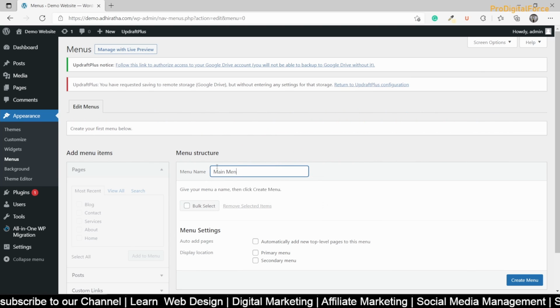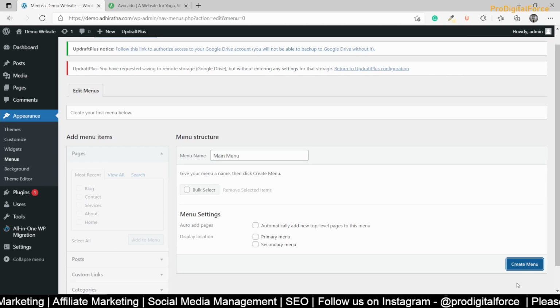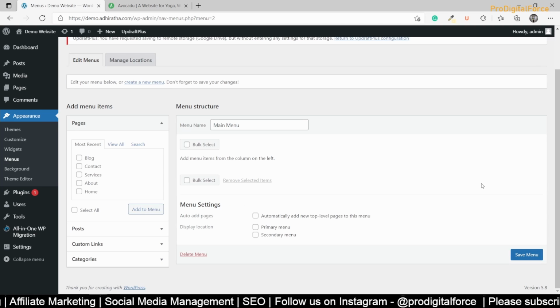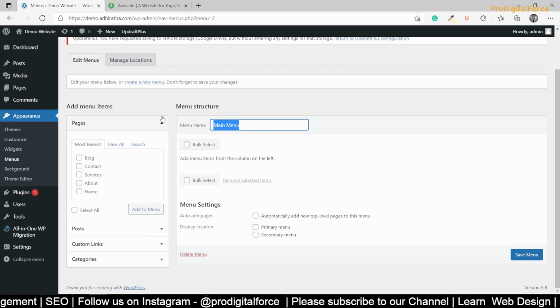This is for our internal purpose. This won't be displayed for users, so you can name it however you want. Click on create. Okay guys, please follow the same process, because if you don't follow, you'll get confused. When you're practicing also, you should do the same thing. First create a menu, then see on the left hand side, it will appear. Earlier it was not appearing because there was no menu until now.